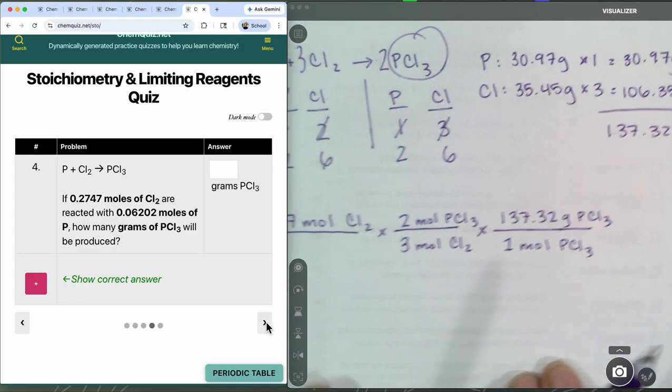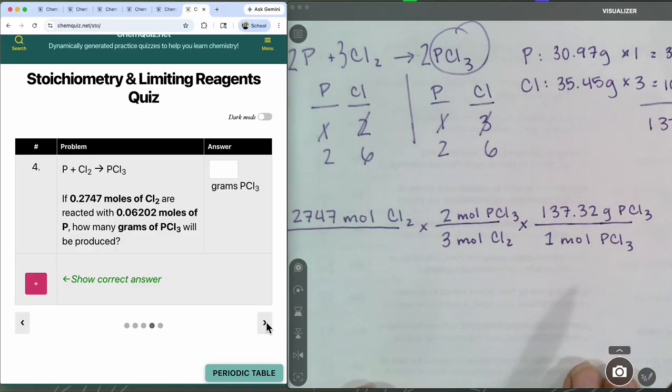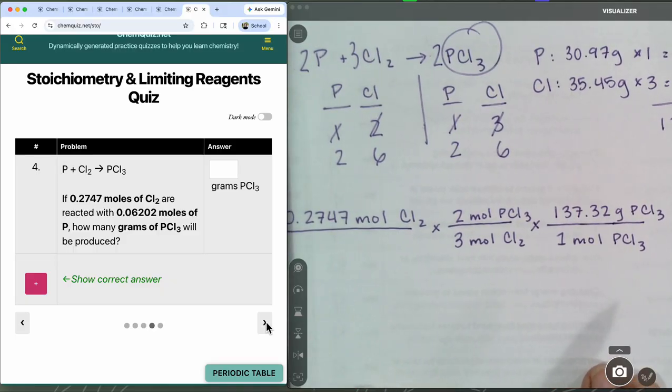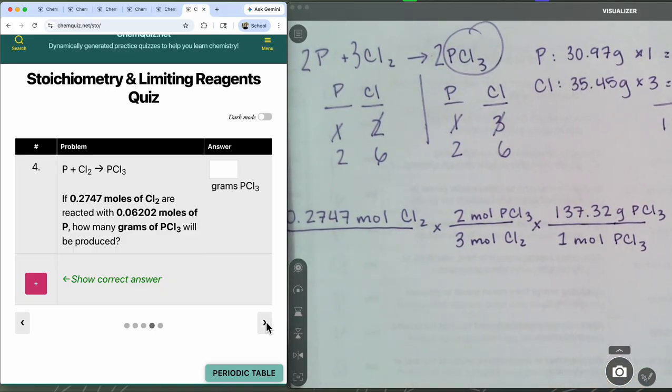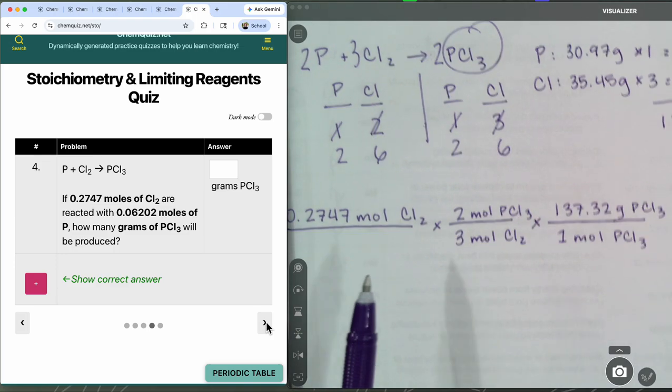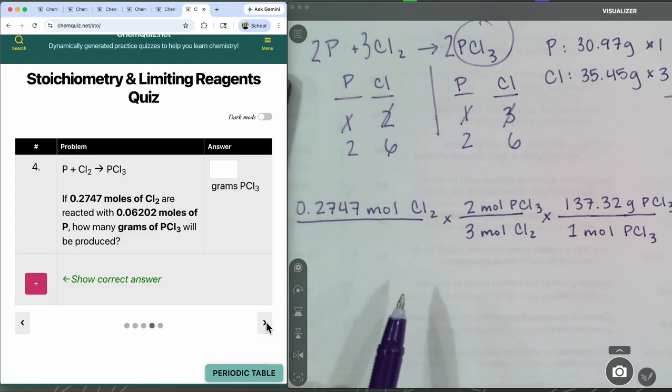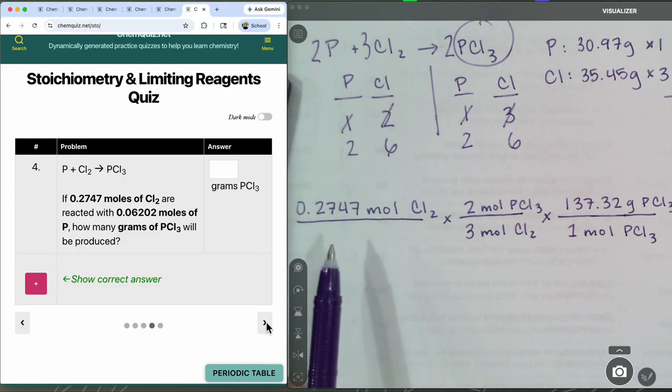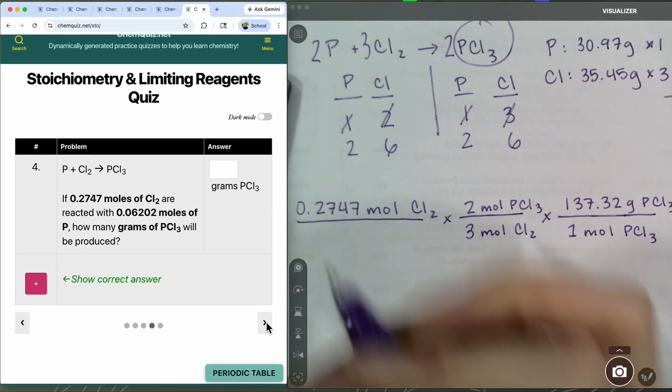But okay, so what now? Now it's ask. Wait, what was the question? How many grams we produce? Oh, we have to do it all over again? Correct. But this time, we're going to do it differently. How are we going to do it this time? We're going to use phosphorus instead of chlorine. Very nice. So we have